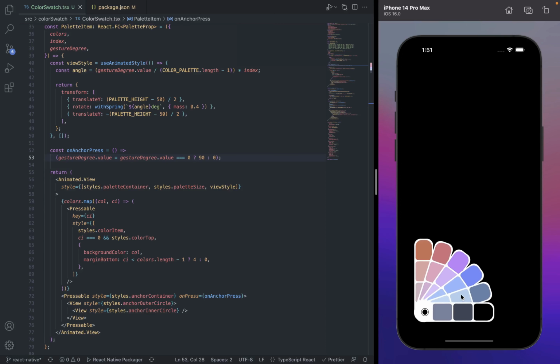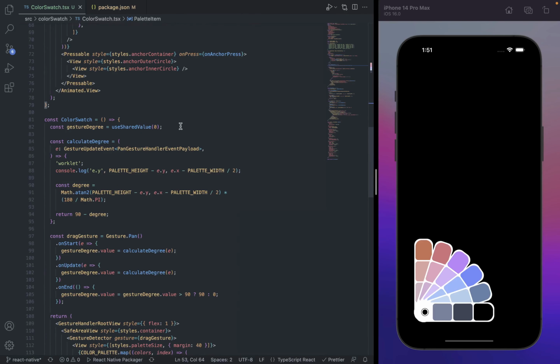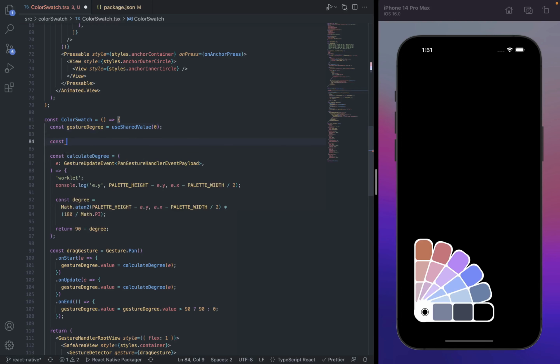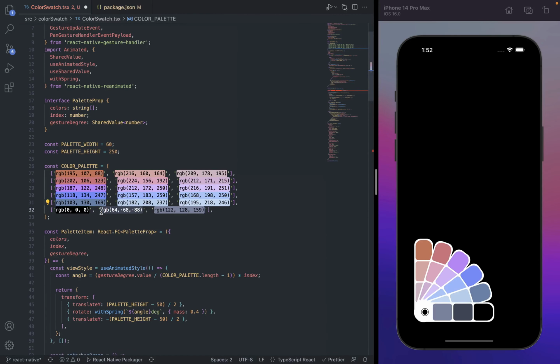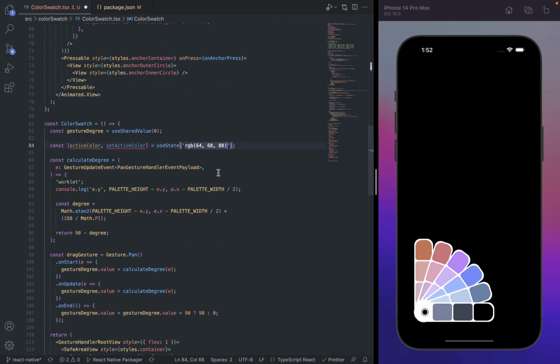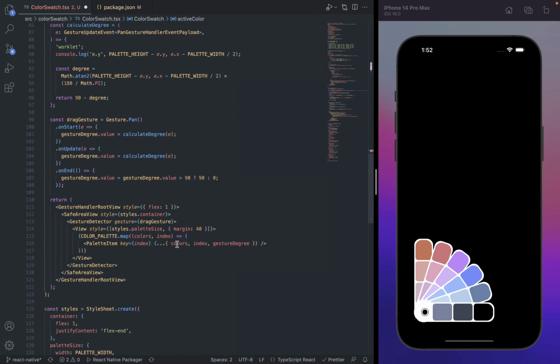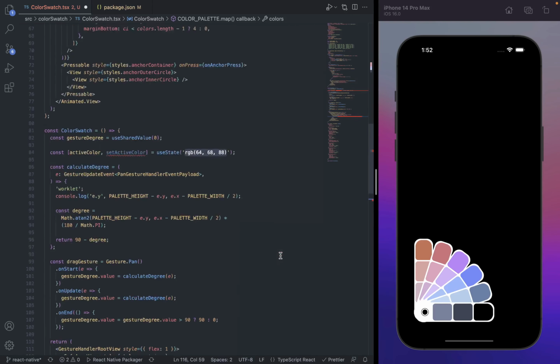Now the next step is on the click of the colors, it should change the background of the screen. So for that, I'm going to create a new state. It's going to be active color, set active color, use state. I'm gonna give it a default color of this one. I'm gonna pass this value as a prop to the component,